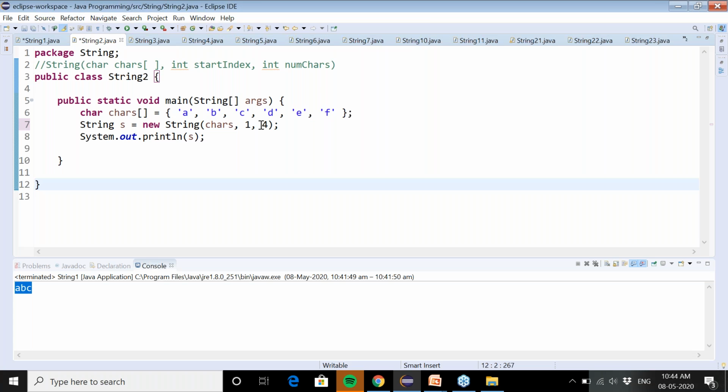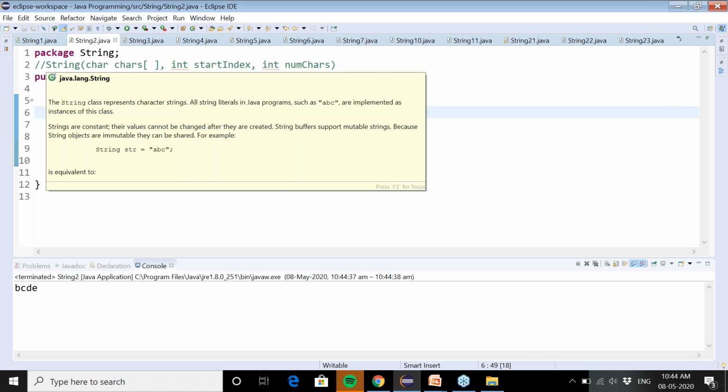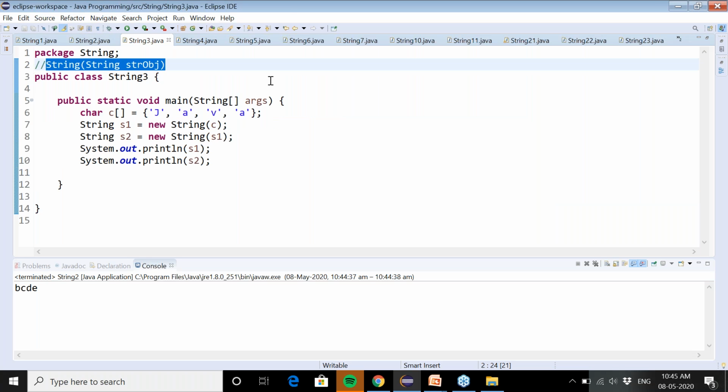Then the third program. Now in this we have another constructor that is supported by the string class, and that is you can build a string from another string object. So to do this, you have to call the constructor of the string class with another string as a parameter. So we are using a character type array.